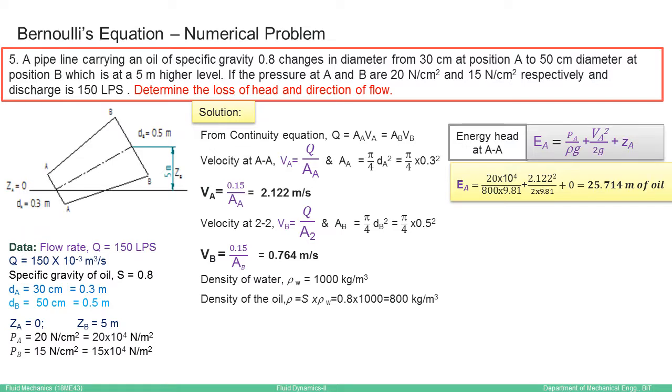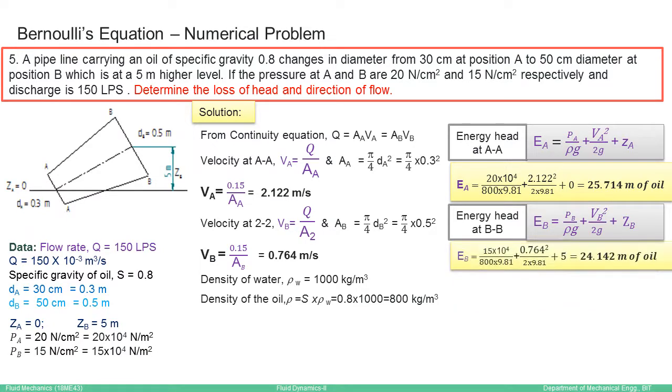So now that is 25.714 meter of oil. And remember to express this energy head in terms of head of that fluid or height column of that fluid. So it is oil here, meter of oil. And now we have energy head at BB, that is EB is equal to PB by rho g plus VB square by 2g plus ZB. Using this, since we know all the values, we can find out EB. This is